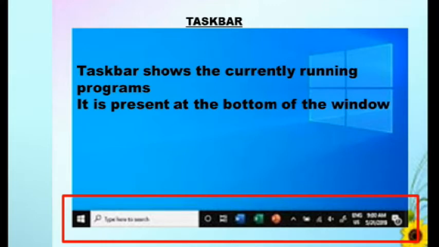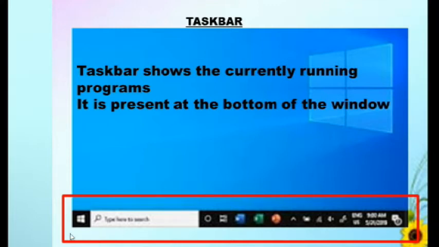The main function of the taskbar is showing currently running programs. By checking the taskbar, we can find currently running programs, and that helps us to easily switch from one program to another.